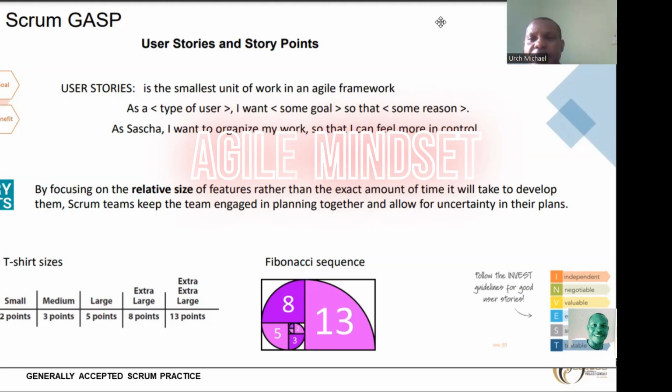So now there are so many methodologies in use for you to be able to measure your story point. We have the T-shirt sizing. In your exam, they're going to ask you a few of the methodologies you use in designing the story point. You have the T-shirt sizing, and it's simply telling you how big or how small something is.